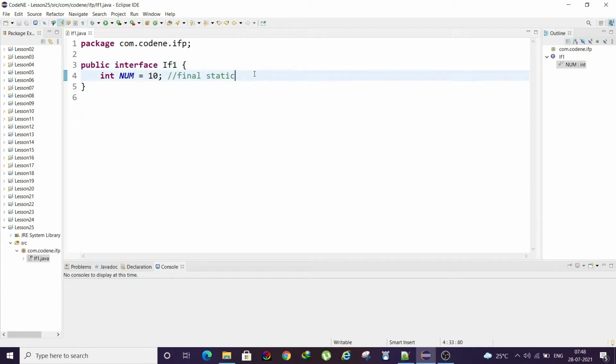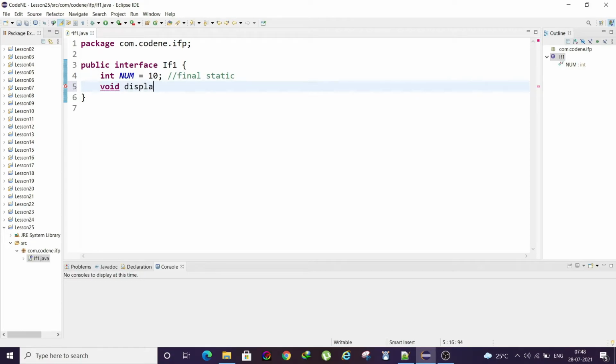First I will just explain the interface, then I will connect how Java resolves the diamond problem using this interface, meaning how in Java you can implement multiple inheritance. Likewise you can have different variables, string, double, etc., but the catch is that they need to be initialized in the interface itself. Then another thing is you can have a method. As I said, an interface is a complete abstract class.